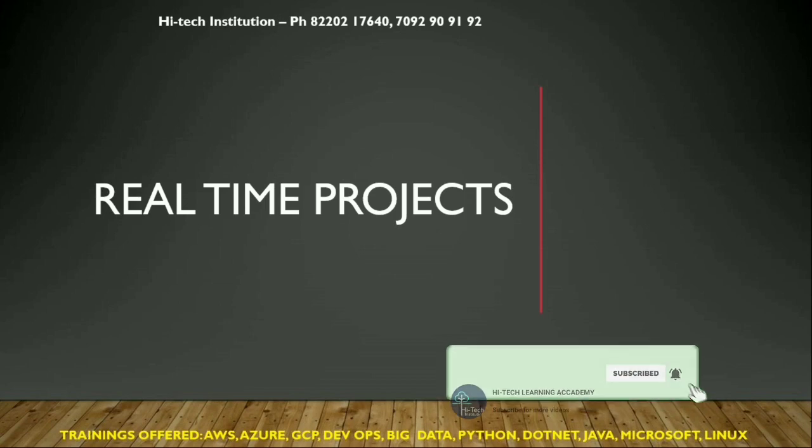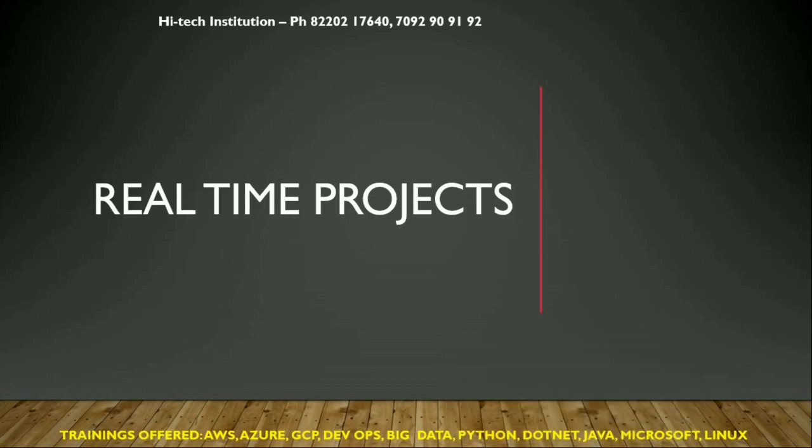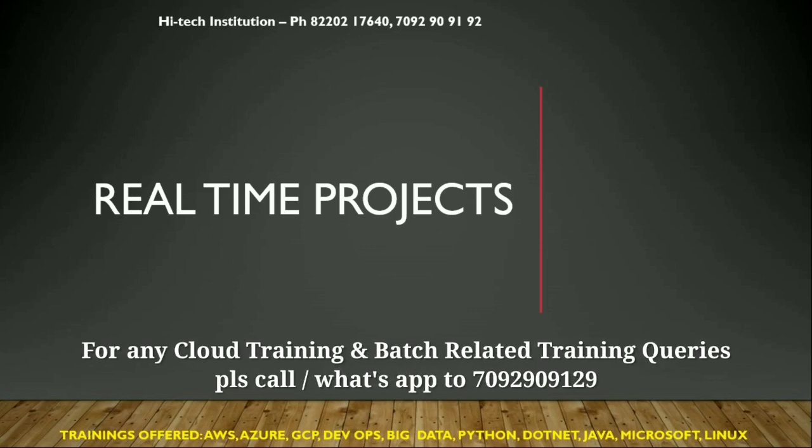Learning the theory and understanding the concepts is totally fine; I'm not against it. But what I'm trying to convey is that you should know the real-time project use cases. What does it mean? Say you're learning a service like IAM or EC2. You should know what different client requirements come up for IAM and EC2, what different issues we face in a real project, how the implementation is done, what automation we can do here, and whether there was an RCA provided for the problem. Like that, end-to-end real-time projects are very important for you people.